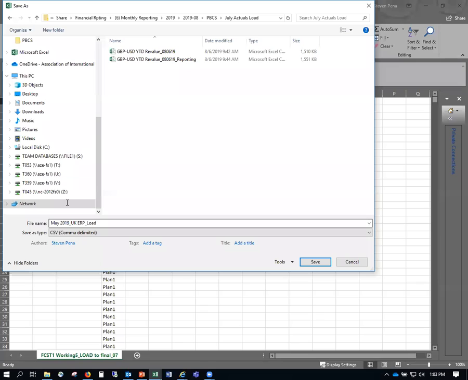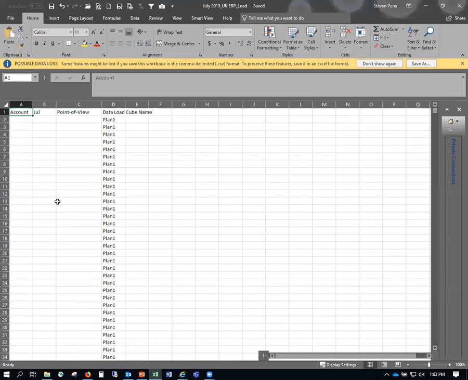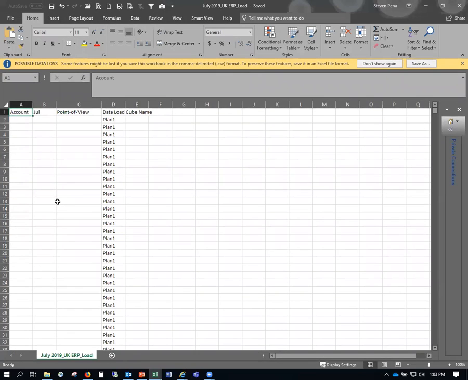PBCS July. So we're going to take the July 2019 UK ERP load. Okay, and we're going to save. Yes, so now we have it ready to go. And what we're going to do now is copy and paste both GBP and USD